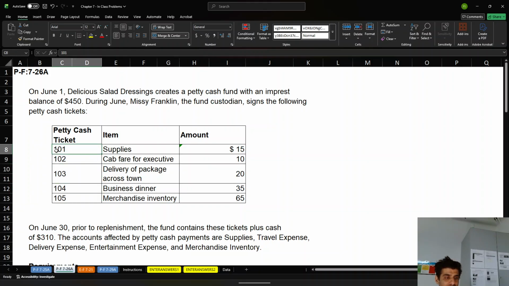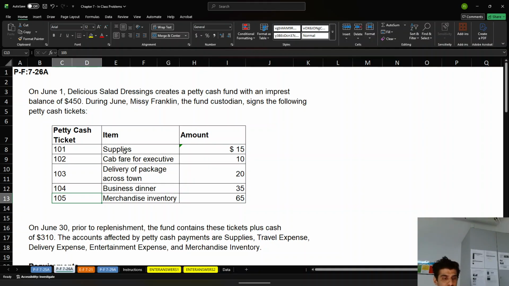And the reason why these tickets are numbered is, let's say we had 101, 102, 104, and 105. We would know that 103 is missing, right? Because we have numbered tickets. So the numbering system will help us identify missing items. It will also prevent duplication, right? If we didn't have it numbered, we might have two duplicates of the same transaction, and so the numbering system is kind of this documentation